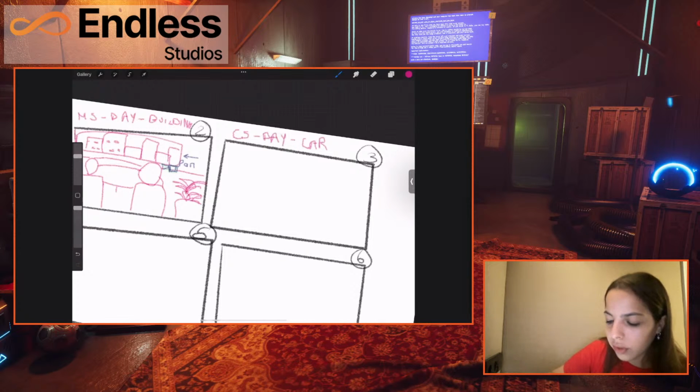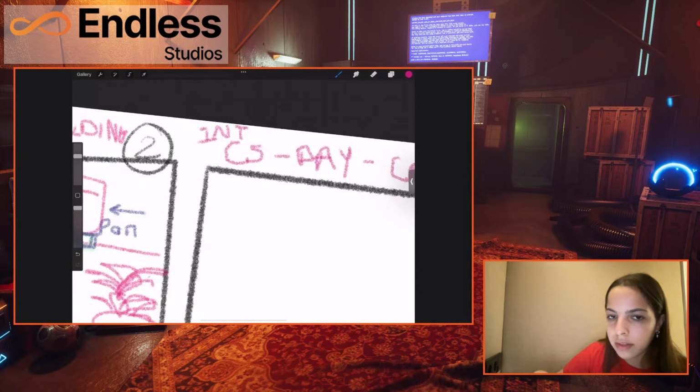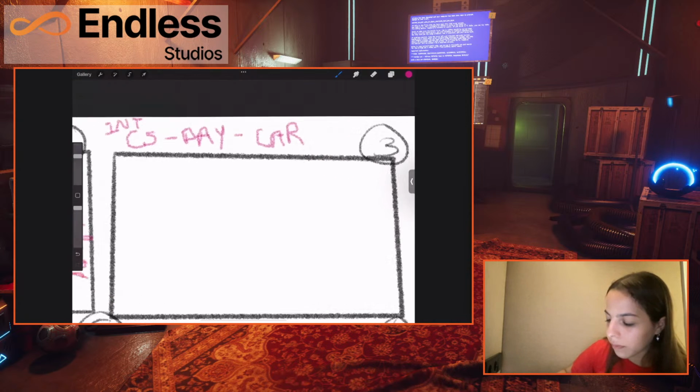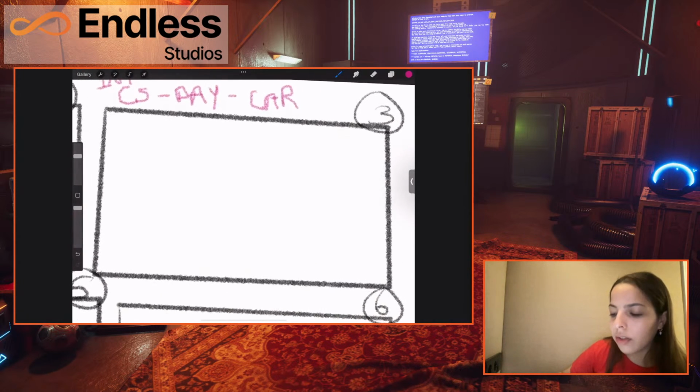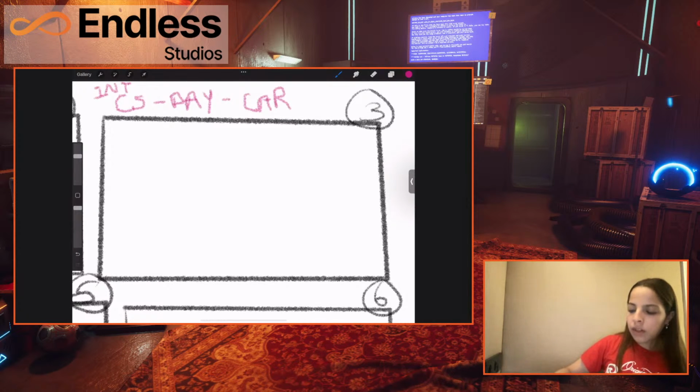Before the close-up, you'd also state that it's INT for interior. It's a bit messy now, but as long as you have the basis of your story down, you can hand it off to people who are much better at drawing to clean it up. The important part is having your story noted down; that's the main part of this process. So now I have interior, close-up, day, car. I want our driver to be here in the center.